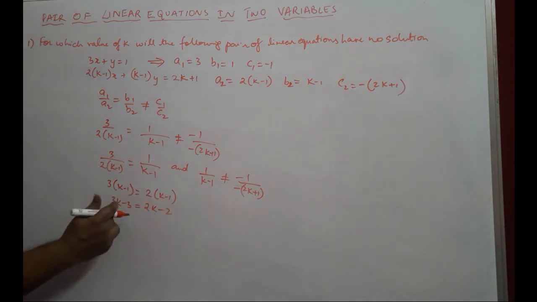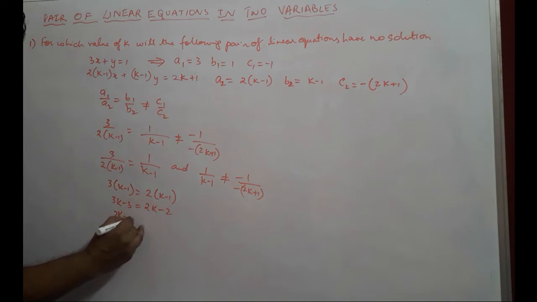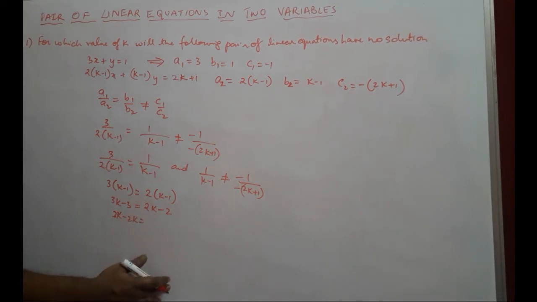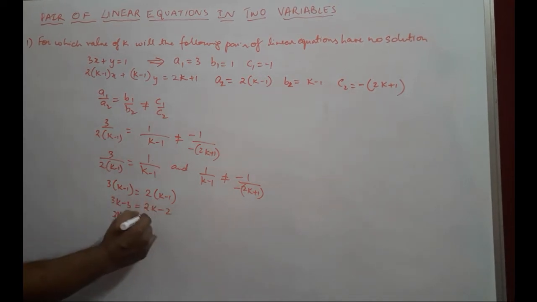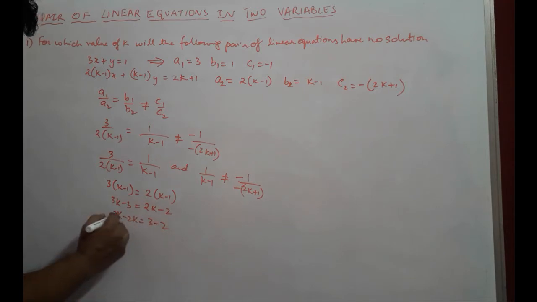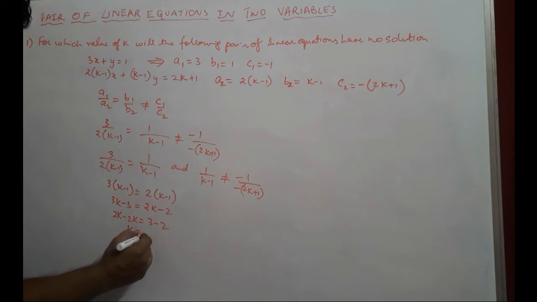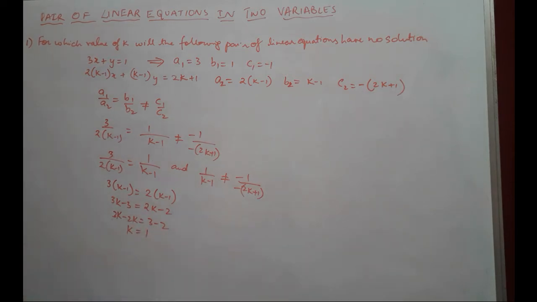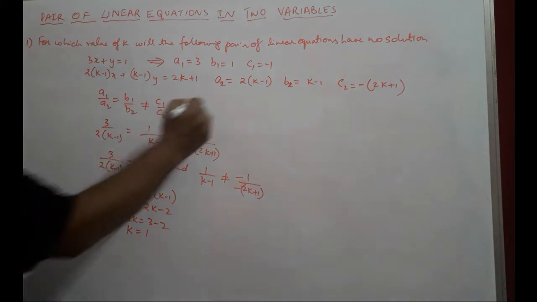We bring k on the left hand side, it becomes negative, and we get, I'll just write it down first, 3k minus 2k equal to, and minus 3 we take on the other side, it becomes positive, so 3 minus 2. So 3k minus 2k gives us 1k, or just k. 3 minus 2 equal to 1. So it will be for k equal to 1 that we get no solution. So we'll write it down. So we can say, hence